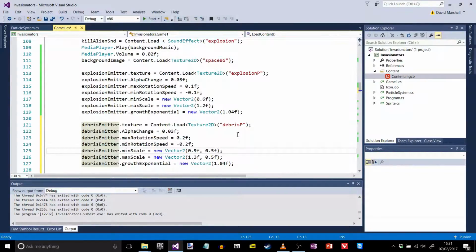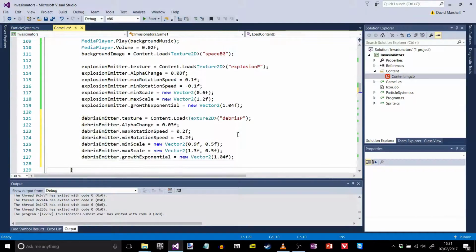The velocity also is going to be a bit bigger. Where's the velocity? Oh, I've not got velocity in there. It's going to use the default velocity at the moment. Make it fade out a bit faster as well. What else do you want? Max scale, min scale, alpha change, rotation speed. Oh, the velocity, yeah. No, the debris shouldn't grow either. So debris emitter